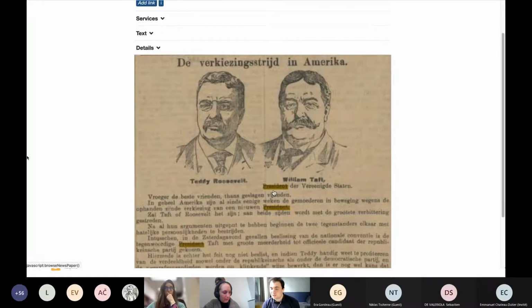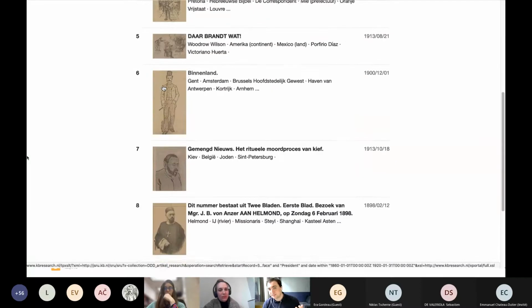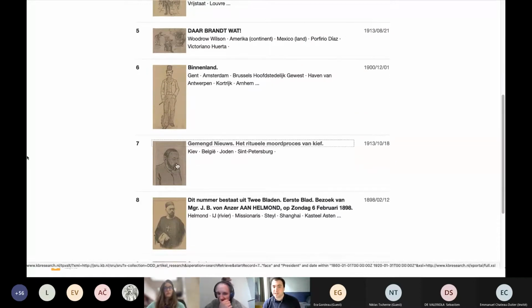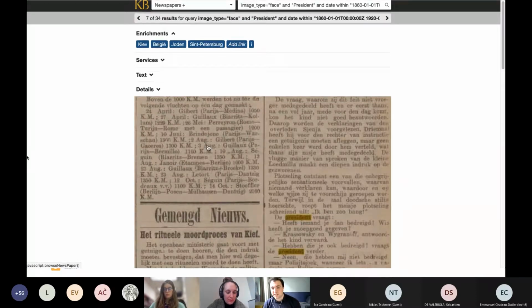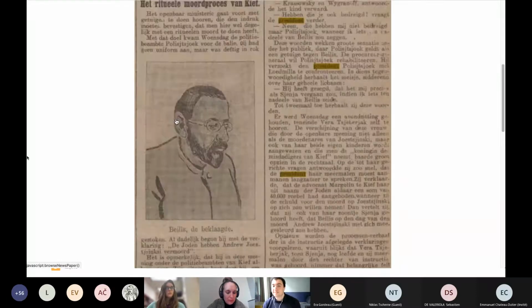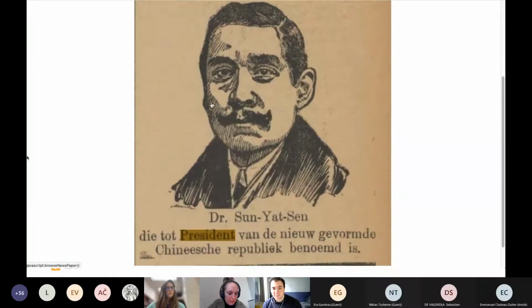And then you have all sorts of new ways to look through the collection, for example, by selecting images that contain a face. So we recognize those with a facial algorithm. And then, for example, say "president", you get a lot of images which in fact show presidents, mostly of the United States, or in this case also, I think, the Chinese president,